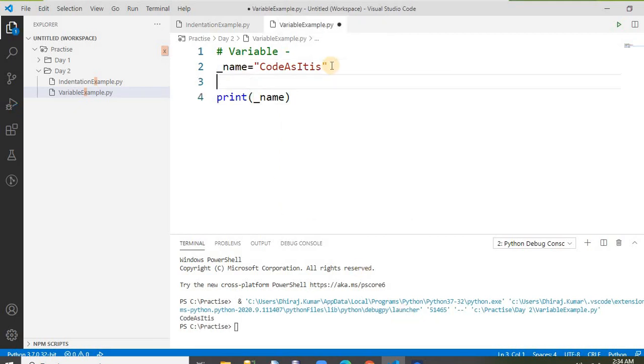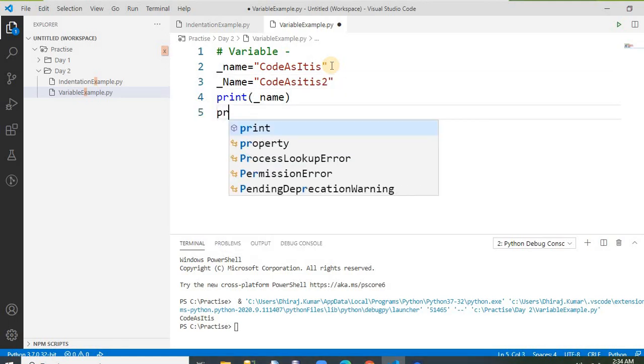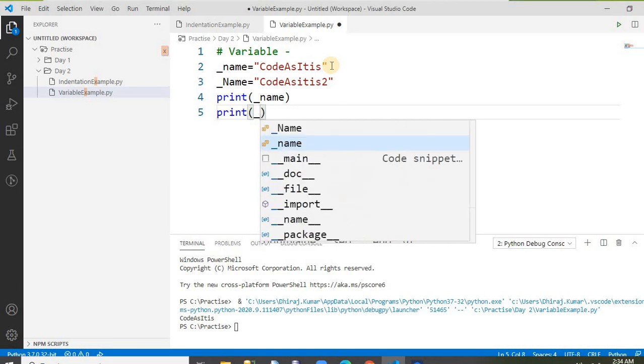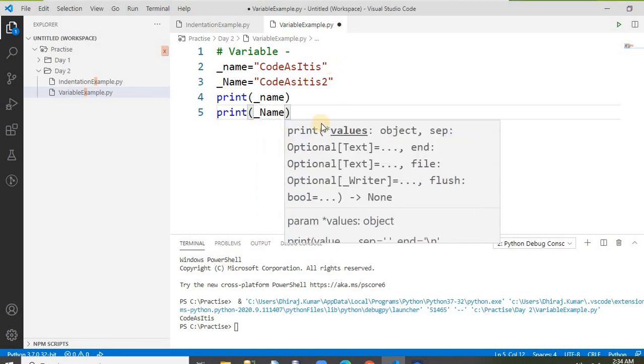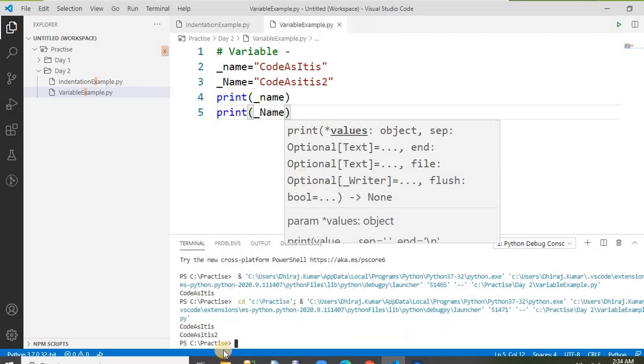Okay, if you write something like Name, this is a different variable. It's not the same because the name is case sensitive. Now if I print this, it's showing different. It's not showing the same.